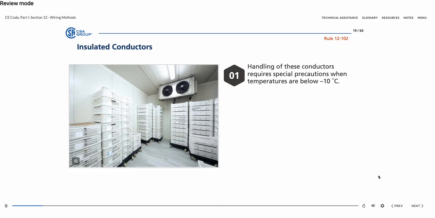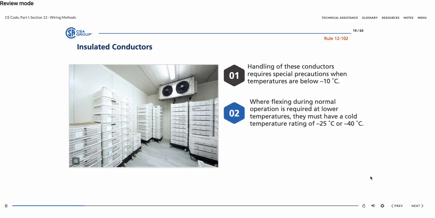Given the Canadian climate, it is possible that conductors will be installed when it's cold, -10 degrees Celsius or lower. It is important to note if the temperature is below -10 degrees Celsius, the insulated conductor may have to have a cold temperature rating of insulation, either -25 degrees Celsius or -40 degrees Celsius, depending on the ambient temperature of the location. This is because the insulation can become so brittle in cold temperatures that it will crack when it